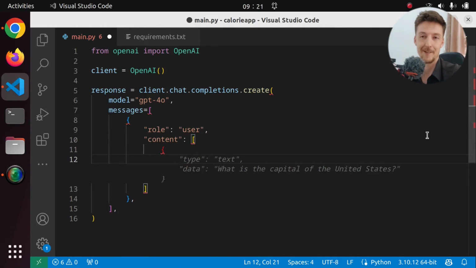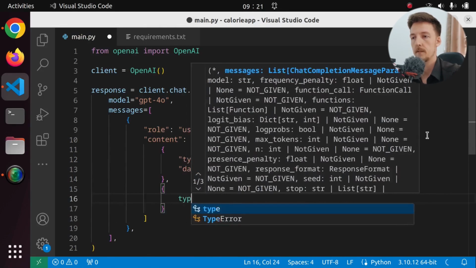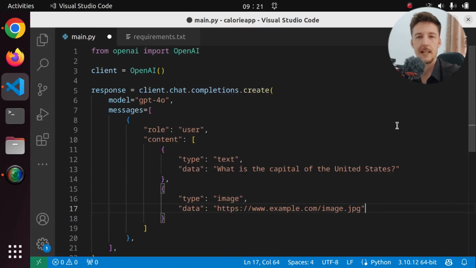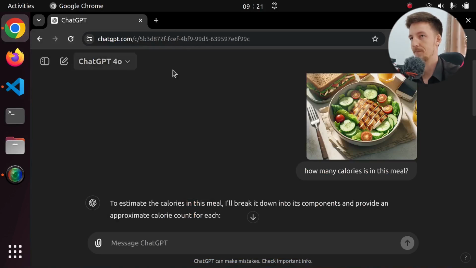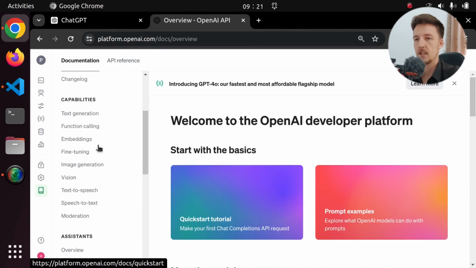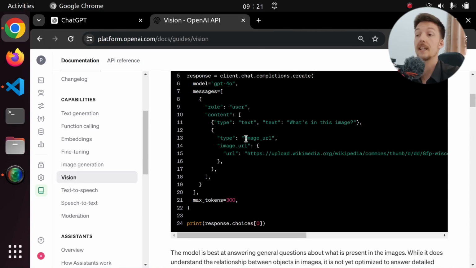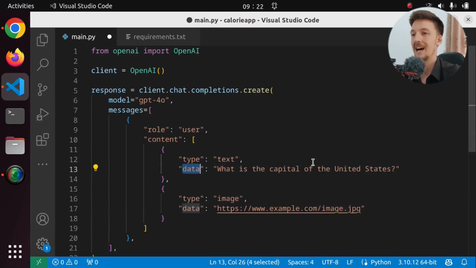Okay, yes, maybe it was like this. So type text and we're going to have a type image. Okay, but let me verify this because I really don't remember. So let's go to platform.openai.com and let's take a look at vision. How does this work? Okay, it is image URL, and this is type text, and the text is that. Okay, so Copilot just hallucinated this thing. So this should be text, and this should be image URL, and I believe we can add it here as